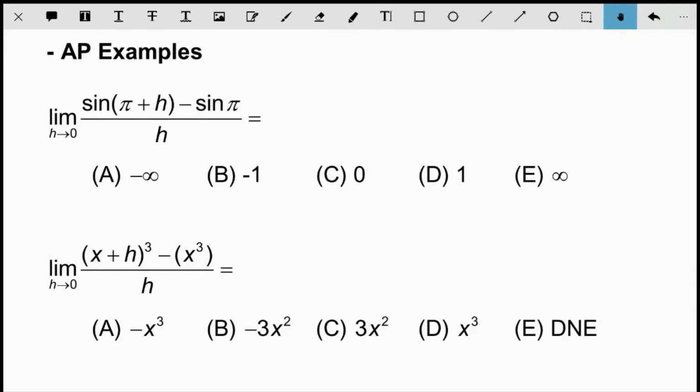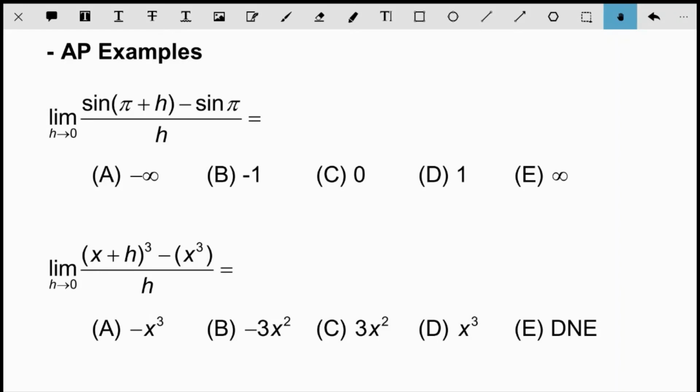And what I wanted to show you here is really what I need for you to know as it pertains to the limits with the definition of derivative. What I need you to understand is, what are these forms and what do they mean when you see them? You don't necessarily have to solve these limits out, but what you need to be able to recognize is, oh, this is the definition of derivative, and they're either asking for the derivative function or